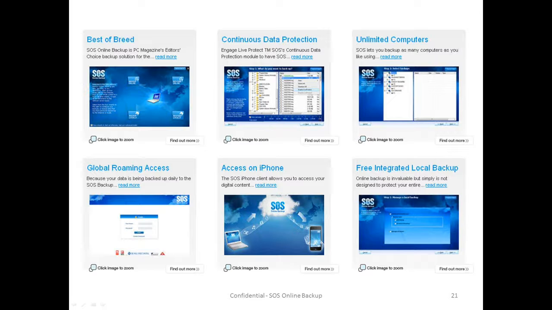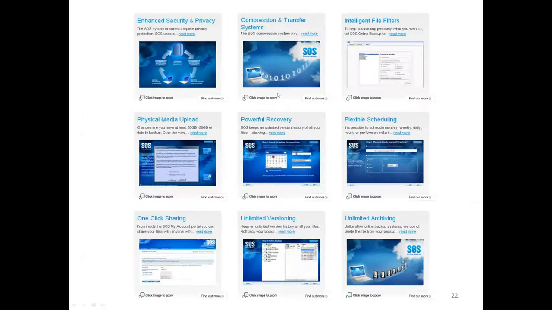Keith Linden asked, what is an average amount of data a consumer backs up online? Keith, it varies, but we're seeing an average consumer in the 5 to 10 gigabyte range at the moment across our group. Just some other features I'd like to call people's attention to, particularly this powerful recovery module here in the middle. And by the way, these screenshots actually come straight from our website. So if you go to our website later on and look at the features section, all of these modules click through to a lot of information about the different features. We've really tried to call out the most important features of the system on that subsite.